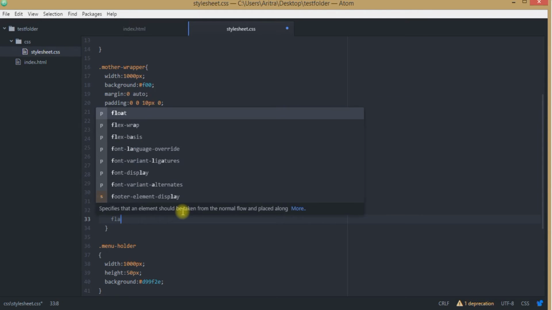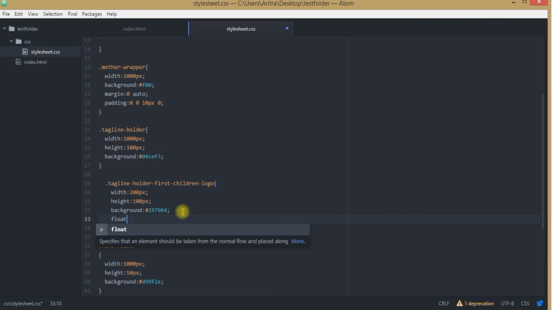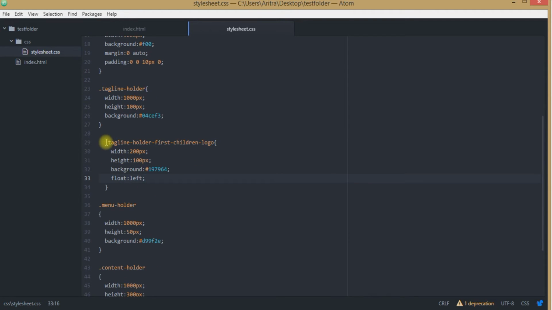So we are writing here float. We intend to float it left, so to keep this div aside to the left, we are using this syntax: float left. Pressing Ctrl S.